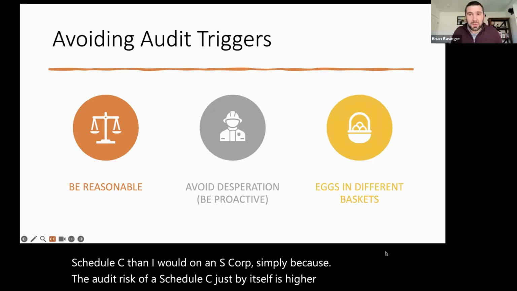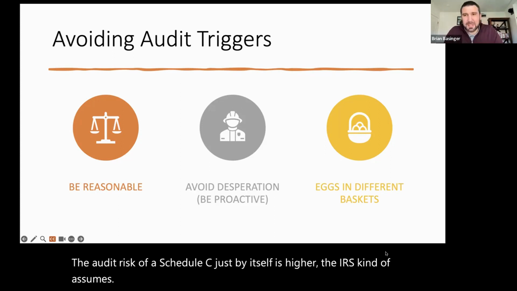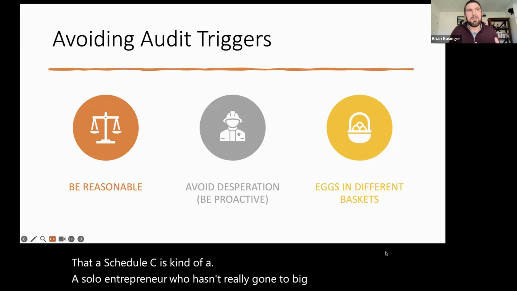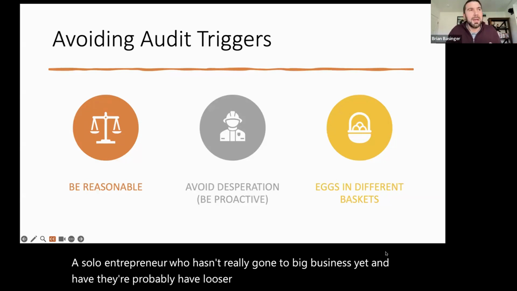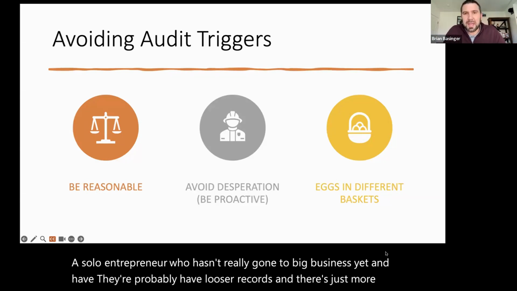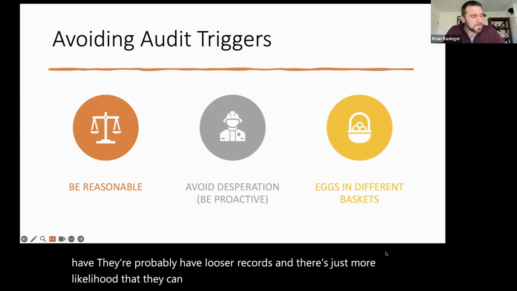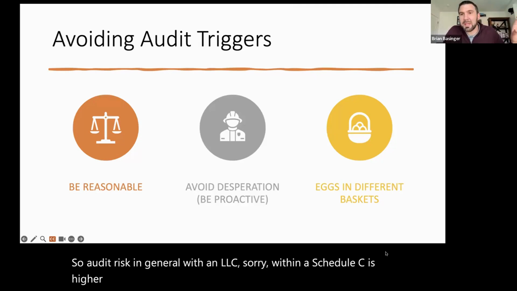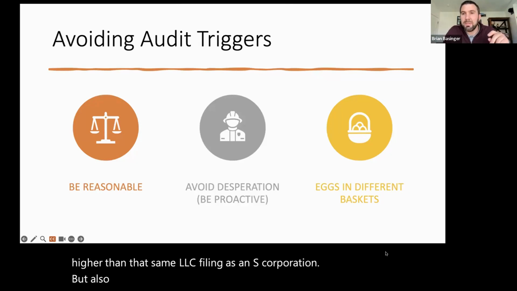The IRS kind of assumes that a Schedule C is a solo entrepreneur who hasn't really gone to big business yet, and they probably have looser records, and there's just more likelihood that if they dig, they'll find something. So audit risk in general with an LLC within a Schedule C is higher than that same LLC filing as an S corporation. But also, you just have to be more transparent on a Schedule C than you do on a